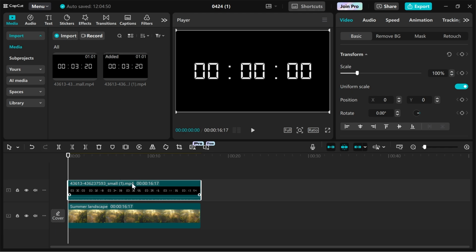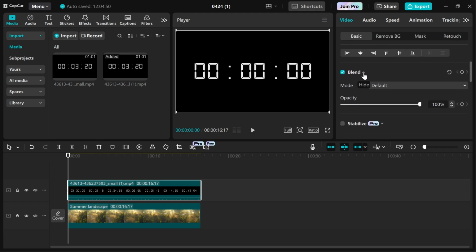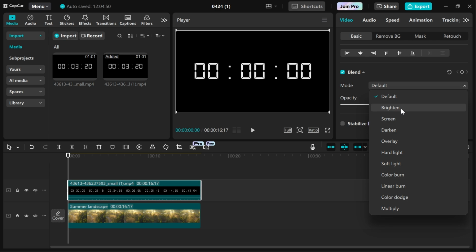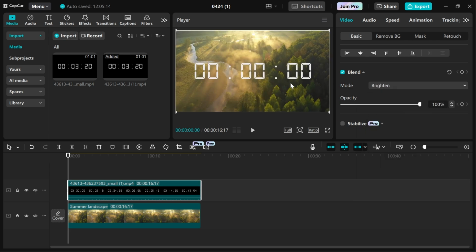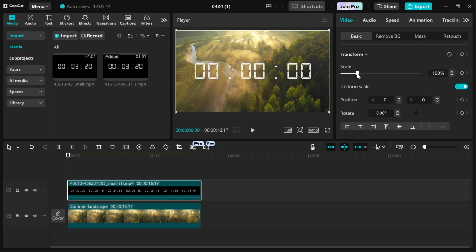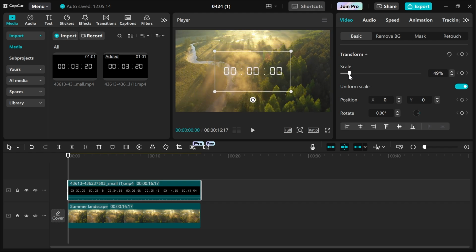Now from here, just click on the video footage of your timer, click on the basic in the top navigation, and then we're going to scroll down to blend and click on the drop down arrow. Next to mode, click on the drop down arrow again, and from here, select brighten. Now this is going to give it a transparent effect. And if you want to resize this, you can just by adjusting the scale, and you can also reposition this